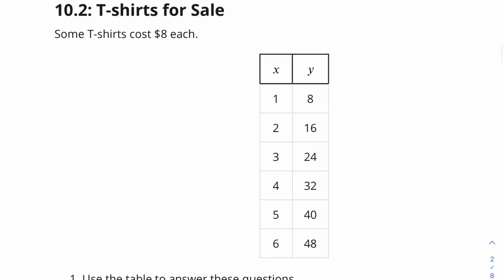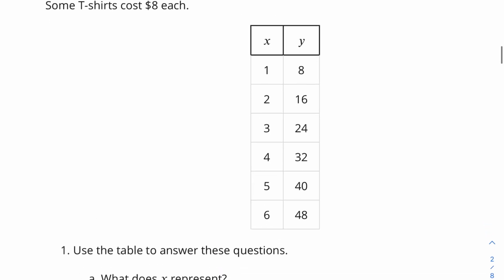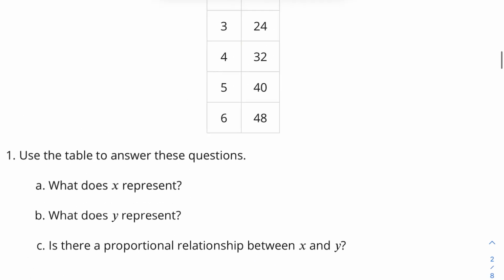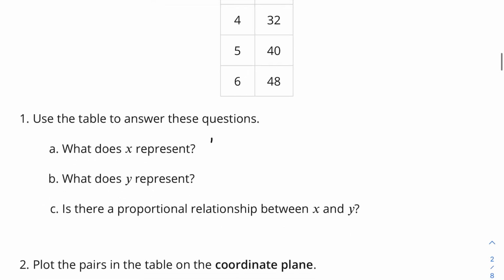So remember, it's t-shirts that cost $8. Well, we have 1 for X and 8 for Y. 2 and 16, 3 and 24. So X must represent the number of t-shirts. So I'm going to put the number of t-shirts for X, the number of t-shirts,